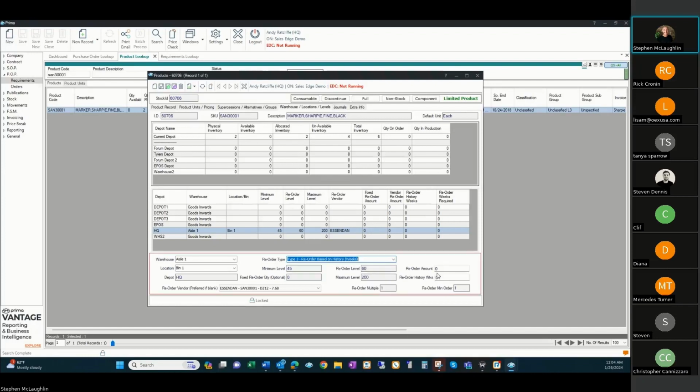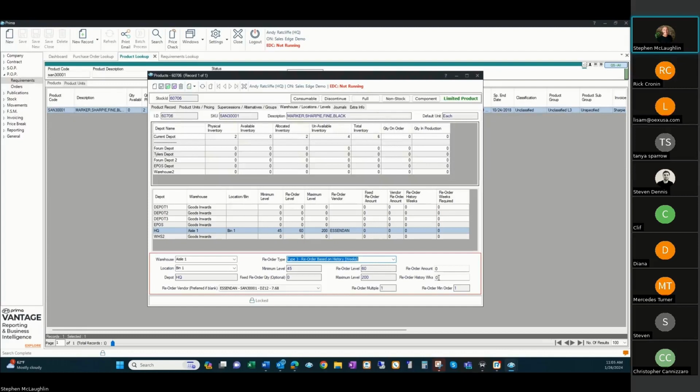So when this is selected, as you select each of these, you can edit these fields. But as I said, you can also do this from the reorder screen now. So what this means is you've got a reorder amount and then you've got a reorder history. Now that we've got sales history in there, what you can do is, for example, you could say, all right,